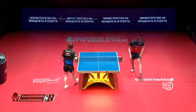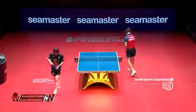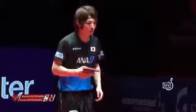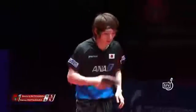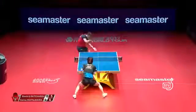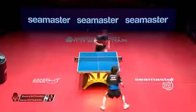The reason I brought up Stefan Fegerl's serves and the after motion is because it seems that Kenta Matsudaira has some similar habits on his pendulum serve. To drop the racket a little bit, a subtle sort of misdirection, the after motion, to make it confusing for the receiver. Now,